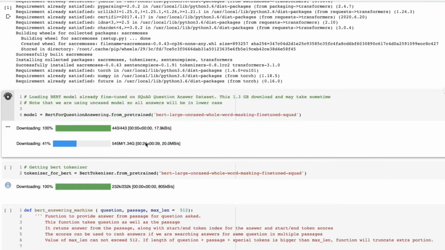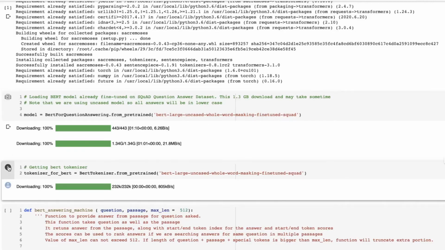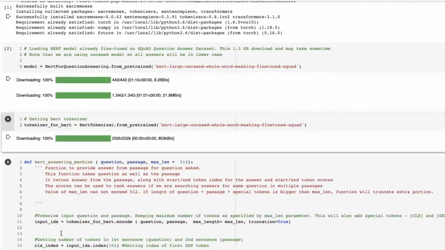Okay, so I think it will take a few seconds to load. Maybe I will pause recording. Okay, so model is loaded, and let's load the tokenizer as well. Okay, it's loaded.